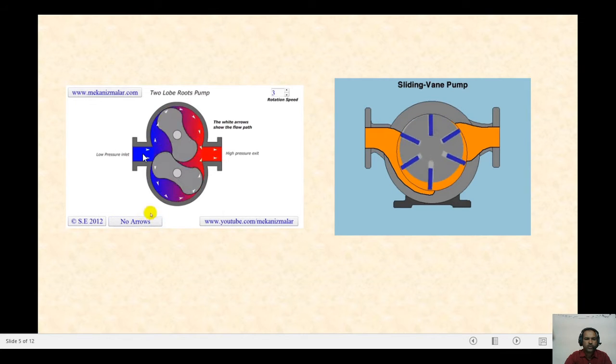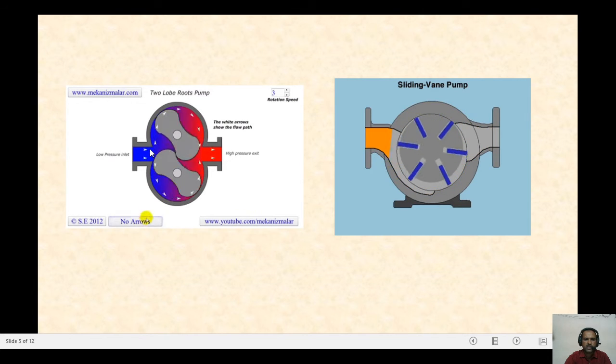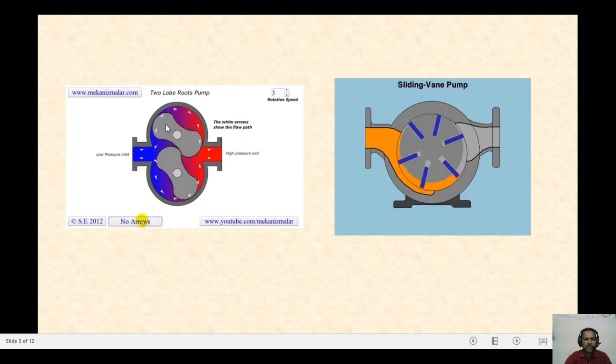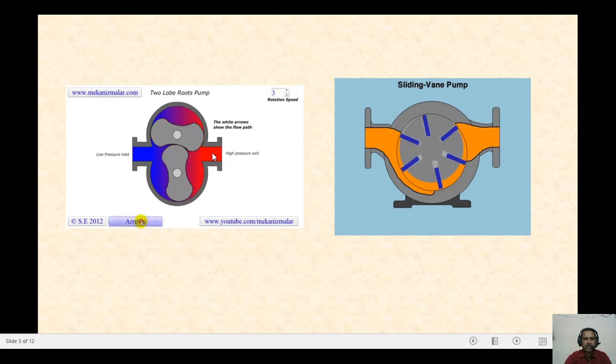Due to the suction or vacuum, the low pressure or atmospheric air will be drawn into this chamber. While both lobes move clockwise and anti-clockwise, we have a small clearance between these 2 lobes, and the air gets entrapped between that gap and is forced towards the outlet or exit. The high pressure air will be stored in the discharge chamber, and through it will be drawn to the exit, or stored in a pressure vessel. This is how the 2 lobe rotary air compressor works.